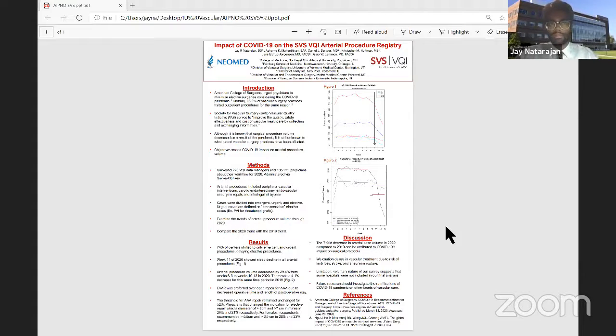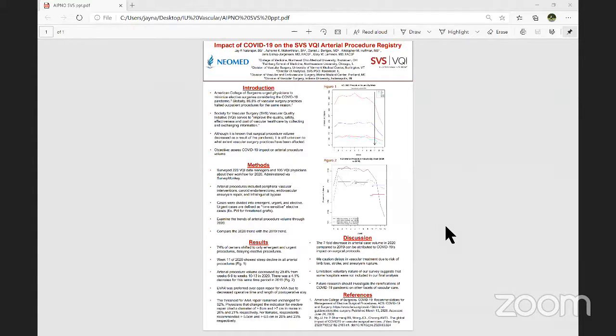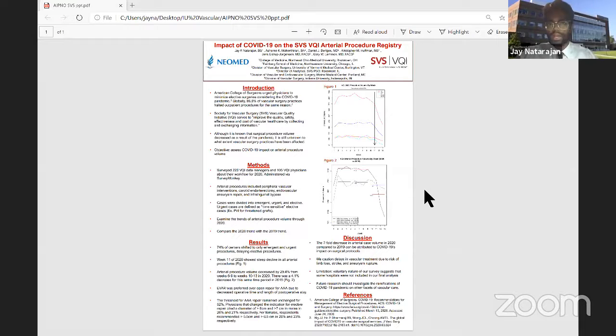I'm an M2 at NeoMed, and my project was about the impact of COVID-19 on the SVS VQI arterial procedure registry. So since the COVID-19 pandemic started, surgical practices around the nation have been greatly affected. The American College of Surgeons urged surgeons to prioritize emergent surgeries and delay any elective cases. One global study stated that 87% of vascular surgery practices halted outpatient procedures in an effort to minimize contact and save hospital space. The goal of our paper is to assess the effect of COVID-19 on vascular surgery practice volumes,